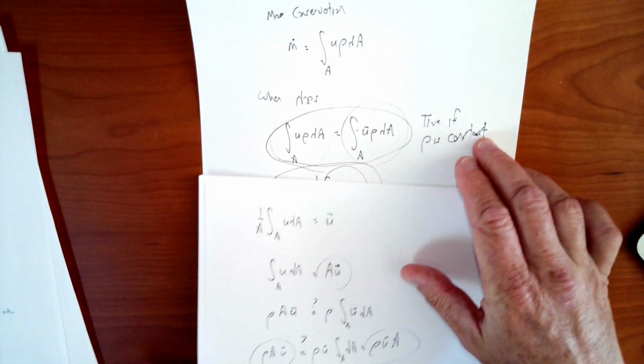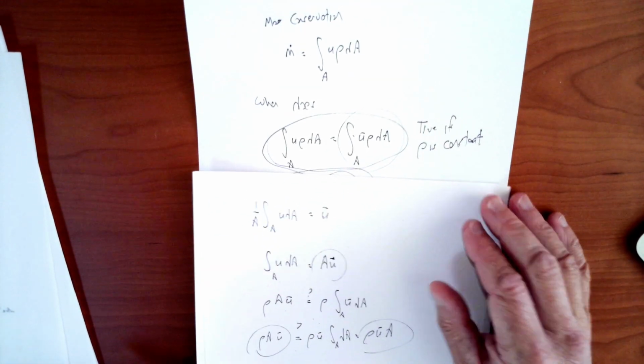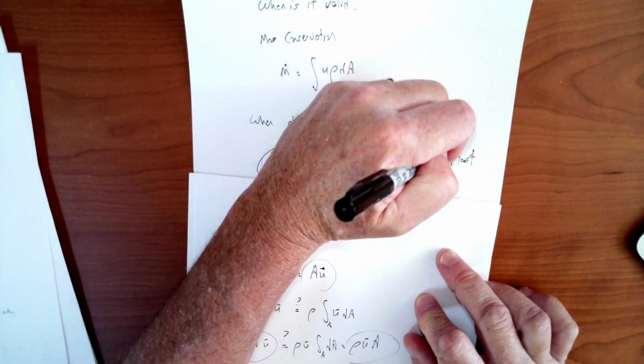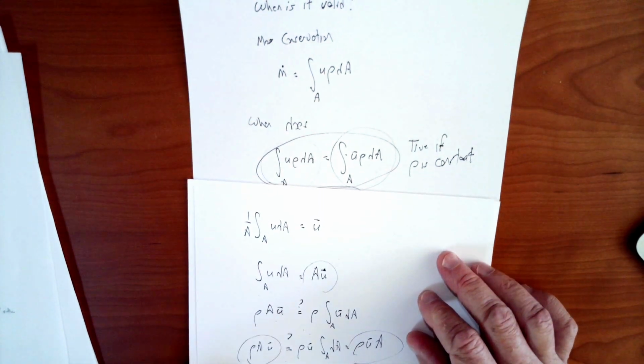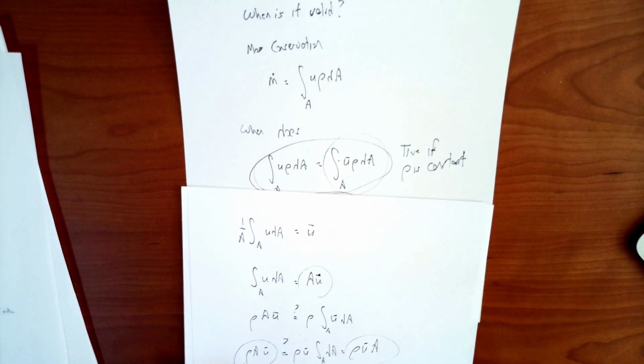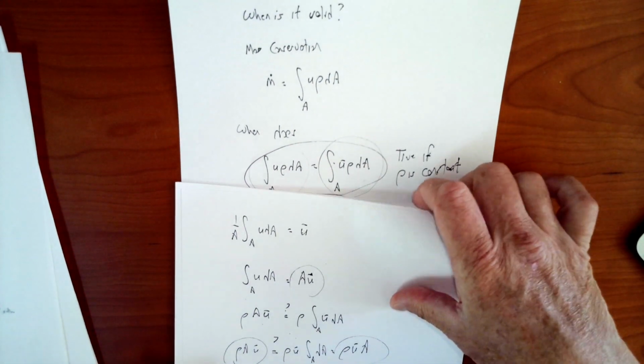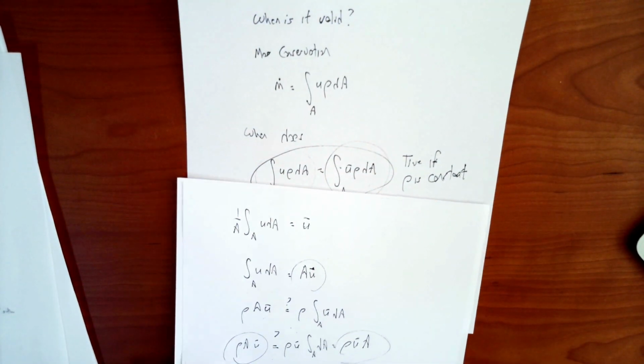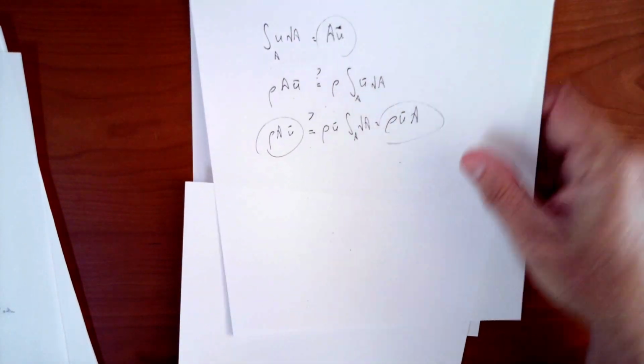So that's a pretty good approximation then, because we know that in a lot of flows, rho is constant. We're going to study a lot of incompressible flows. In some cases, of course, it's water, so it's truly an incompressible substance, or some other liquid. And in other cases, it's simply a flow that is incompressible, because many flows are. And we'll talk about when that occurs later in the class. All right, so that's a good approximation if rho is constant for the mass flow calculation.